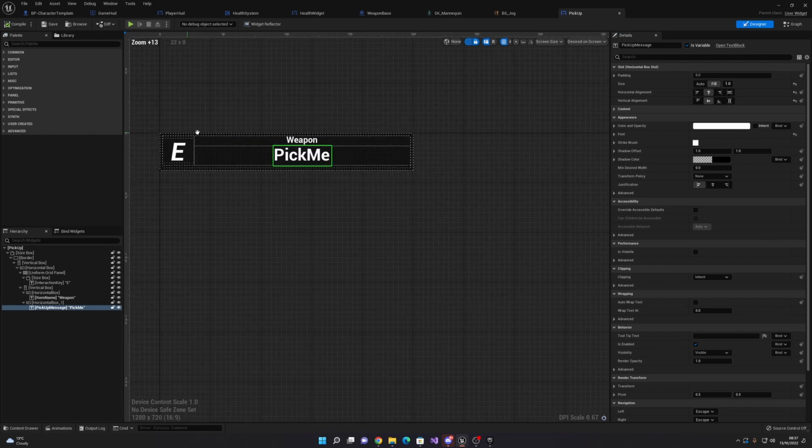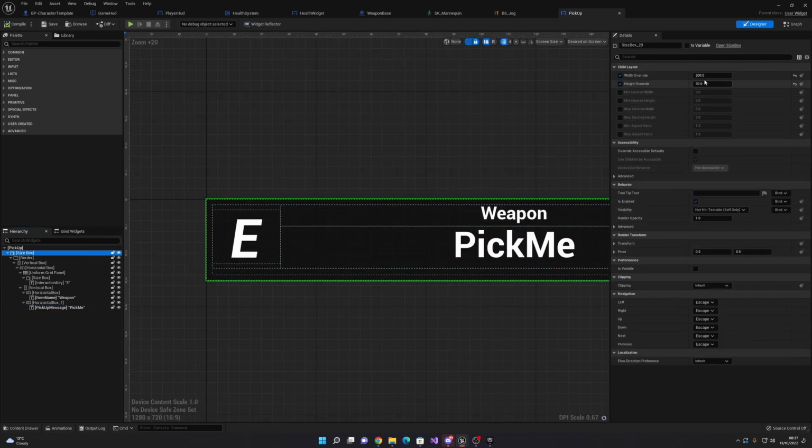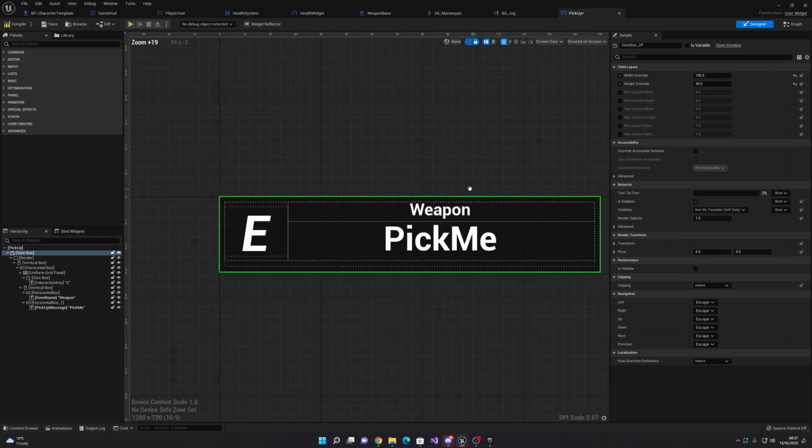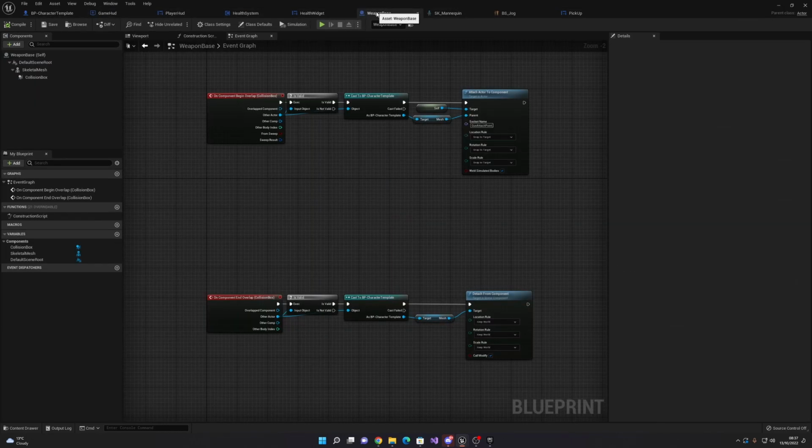That's basically all we need for the moment. Just going to reduce this. Alright, 150, that's it. So now we're going to go into our weapon base